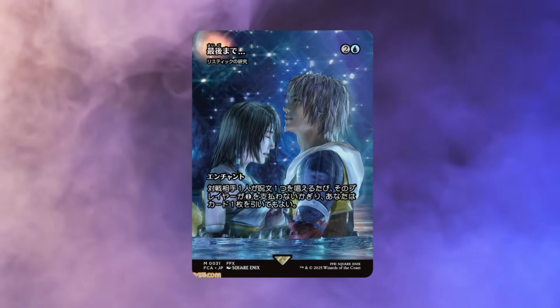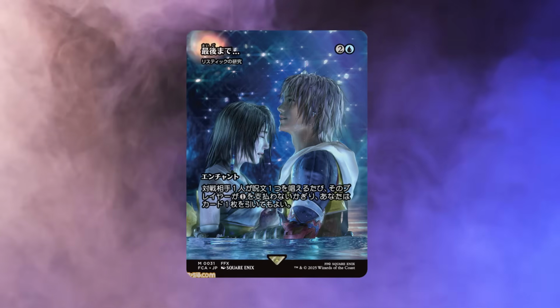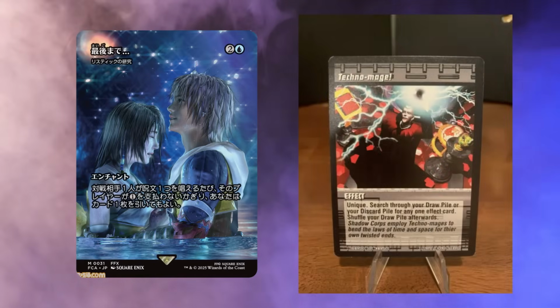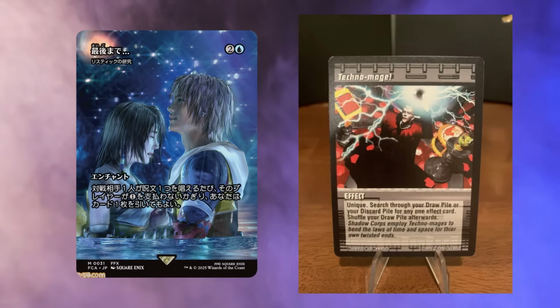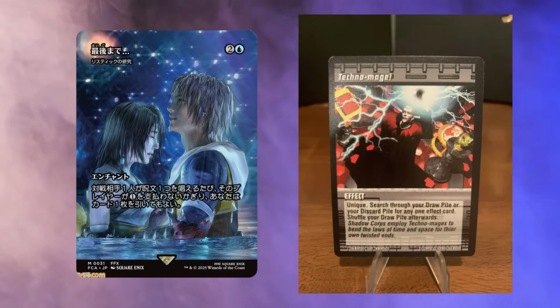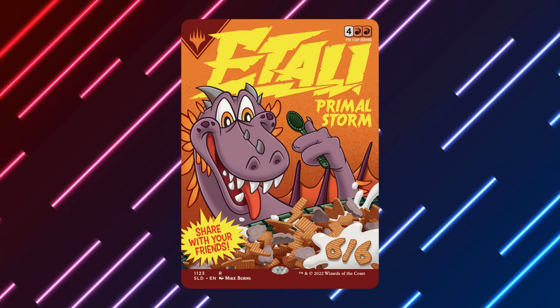But to me, it does look really cheap, if I'm honest. As an eye looking from the outside in, I think it looks like one of those dead 90s card games where it's just shots from the movie or the TV show that it's based upon, or the video game that it's based upon, without any actual artists being used to render it into some form or view that is coherent with the rest of the game. Now, I guess when it comes to Magic the Gathering now, nothing is really very coherent anyway,